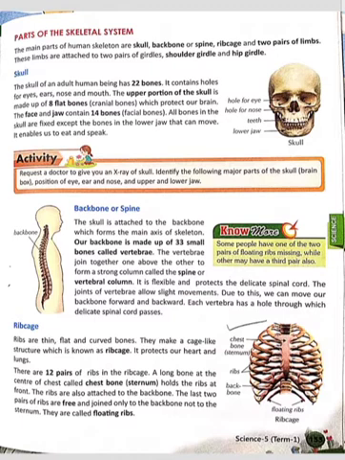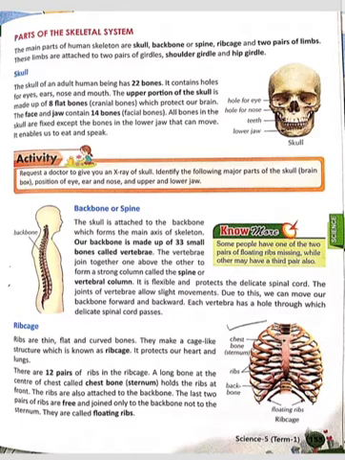Here the diagram of vertebrae is not given, maybe you will study it in your higher class. A vertebra looks just like a butterfly. The structure of one vertebra looks almost like a butterfly. In the center of the vertebra is a small hole, and through all these 33 vertebrae there is a small hole through which the delicate spinal cord passes. In the next chapter you will study the nervous system. The spinal cord and the brain both are responsible for controlling all our nerves.